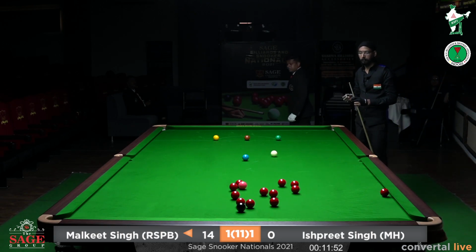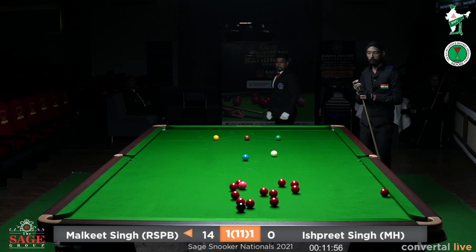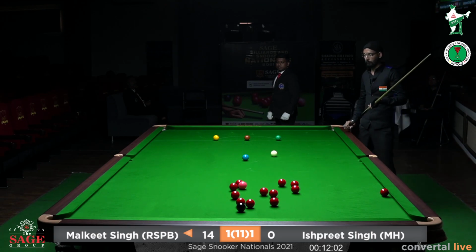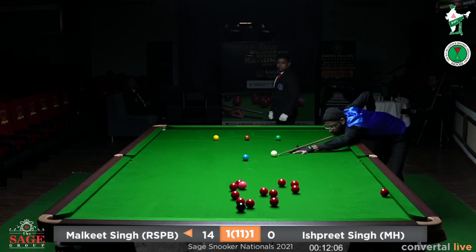Nobody can say about which way the match will go, but I just hope that these two very consistent break builders on the circuit show us some good breaks in this match. Hopefully a century. There are already 20 centuries or more made in this nationals,